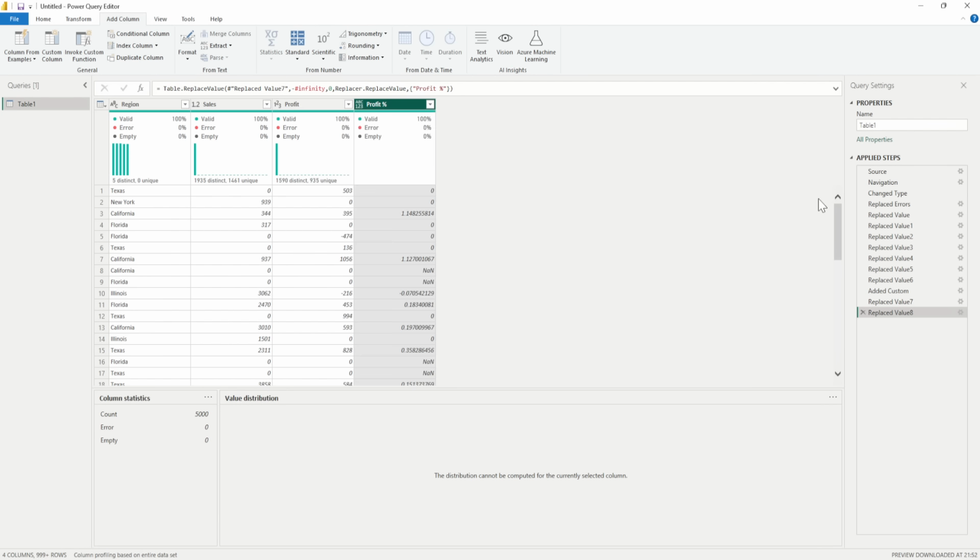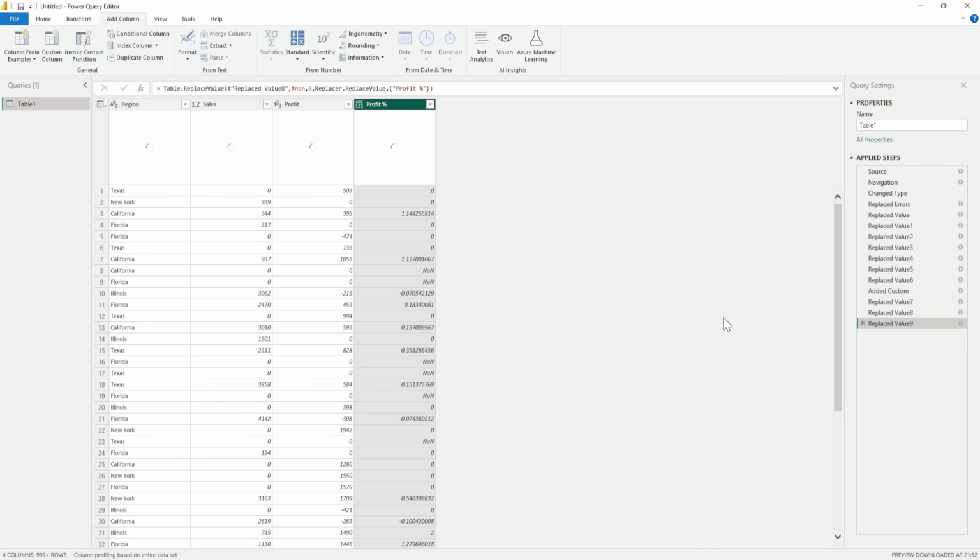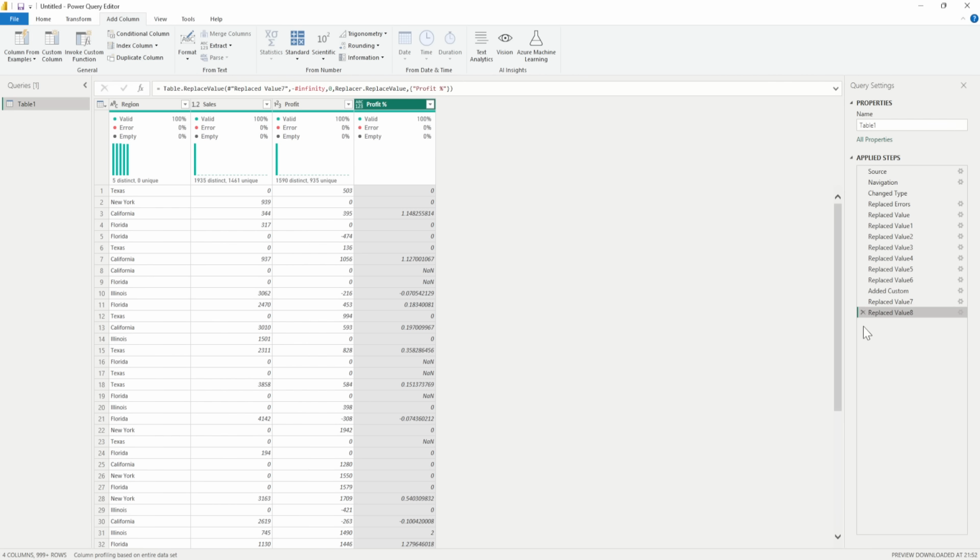Now, this not a number is a very special thing which we have here in Power BI. If I try to do a right click on the not a number and replace the value and say zero and click on OK, you will see that it is not changing the value. Why? Because you cannot compare not a number. So in order to